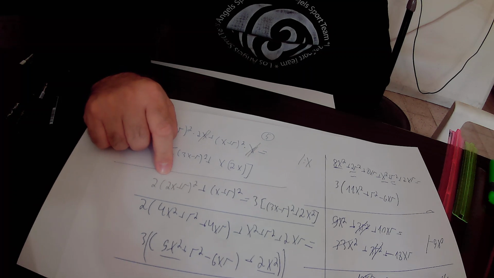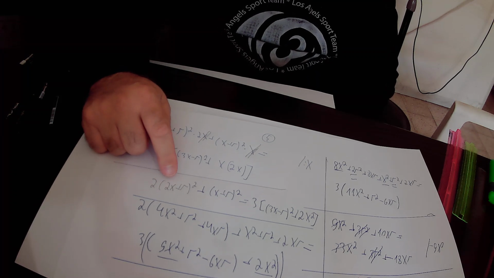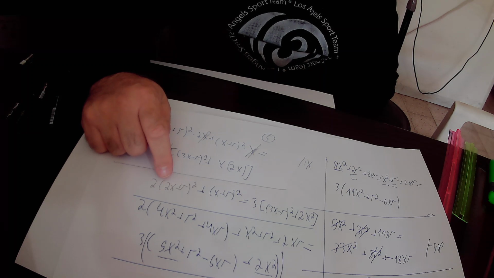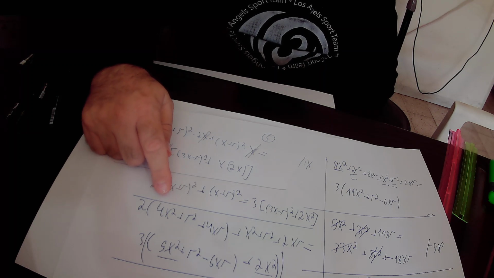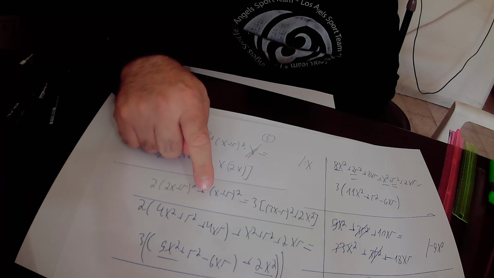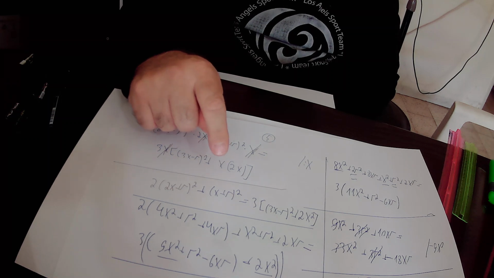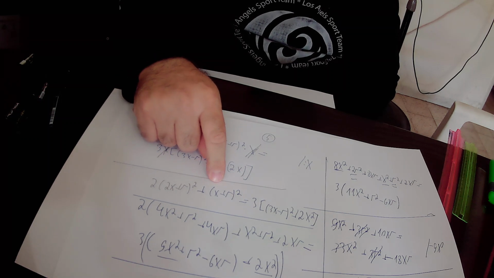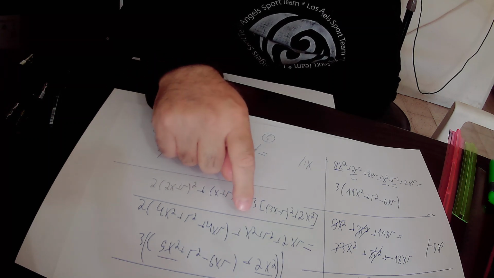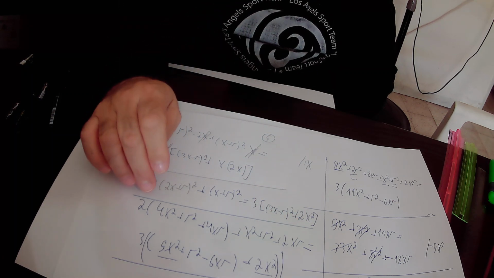Then we open the brackets here, so it is 2 times (2x + r)², which is 4x² plus r² plus 2 times 2x times r, it is 4xr. And here we have also (x + r)², equal to x² plus r² plus 2xr, and it must be equal to